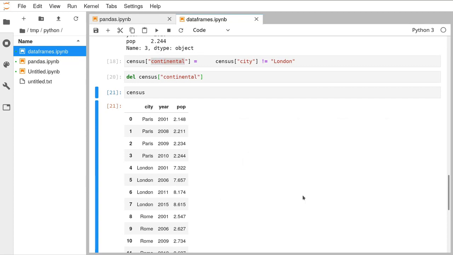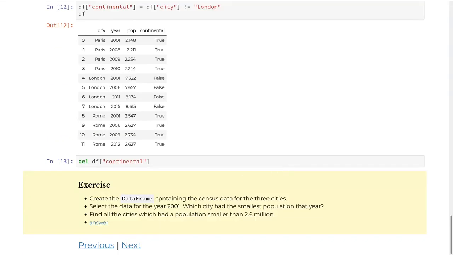So I want to go through the answer to one of the exercises there. So the bottom of this page, this middle exercise here, select the data for the year 2001. We'll see how to do that first. Then the question, which city had the smallest population that year? Now, to answer the second part of the question does require a function that you haven't been taught yet. So I'm going to teach it to you now and show how we can do this and build it up